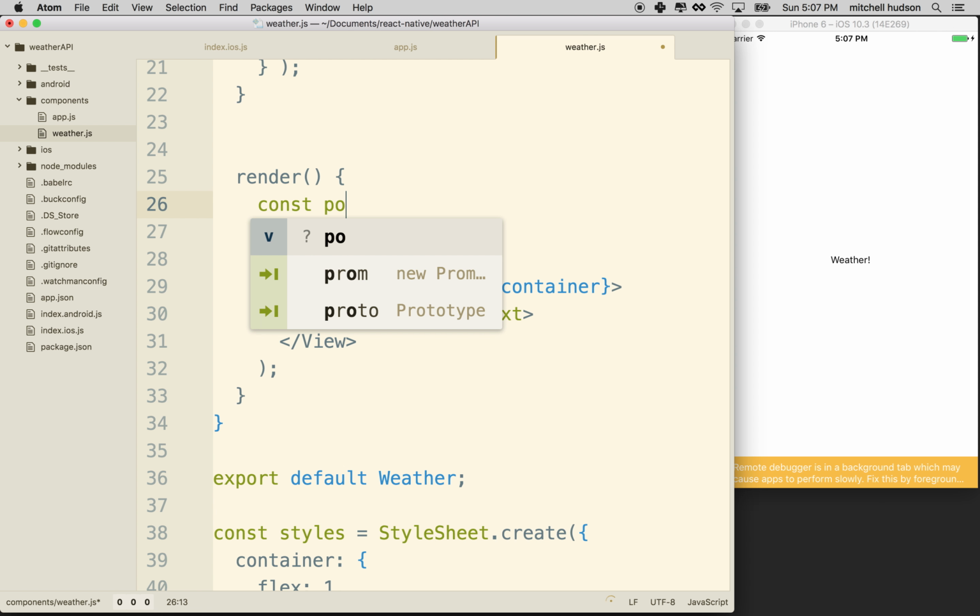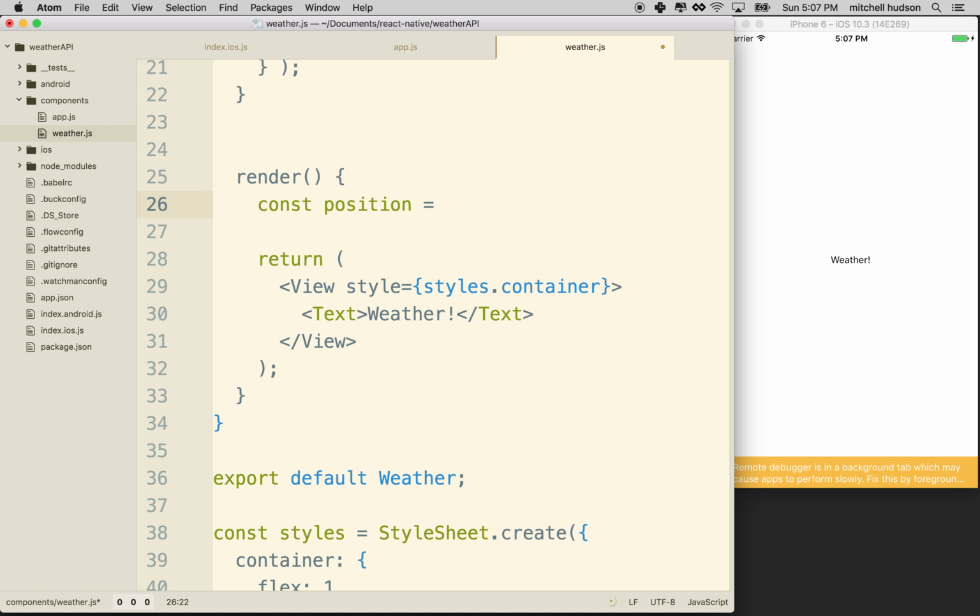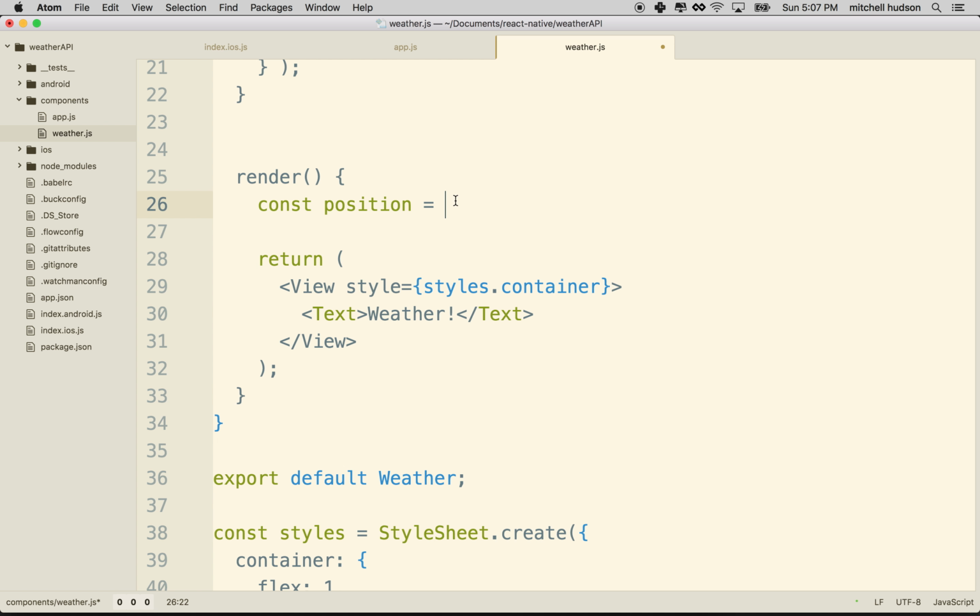Let's say const position equals, and what I'm going to do is use one of those inline conditionals, and we'll say this dot state dot position does not equal null. Okay, so if this is not null, then